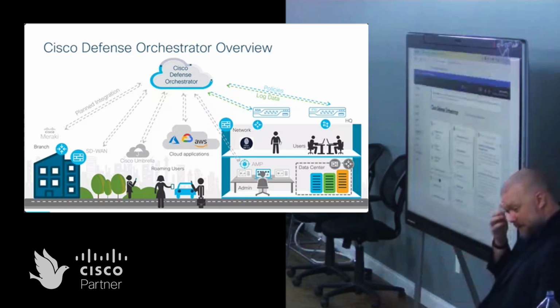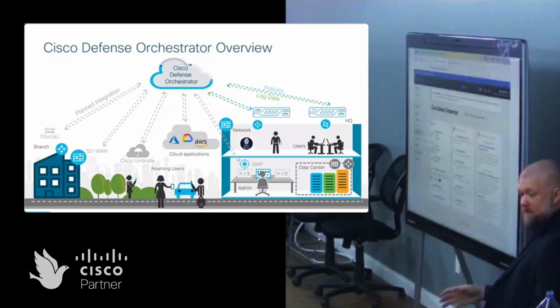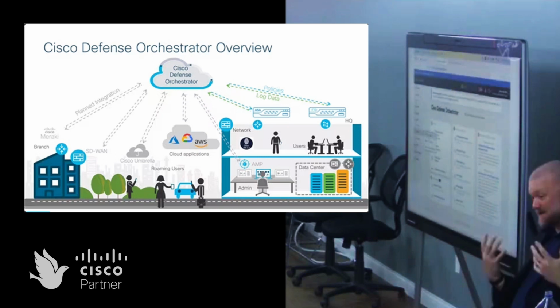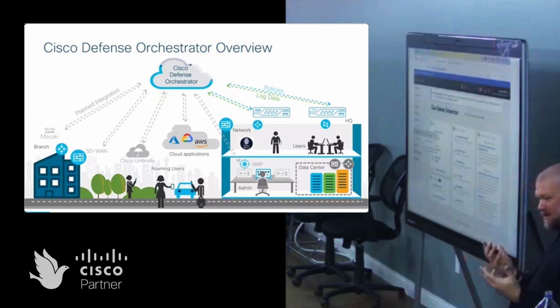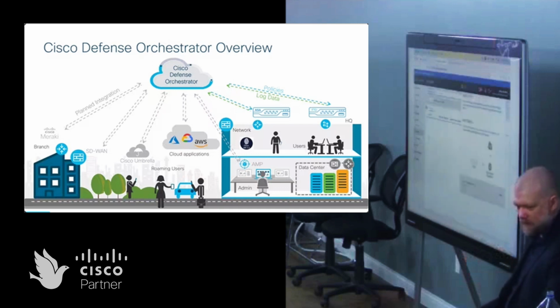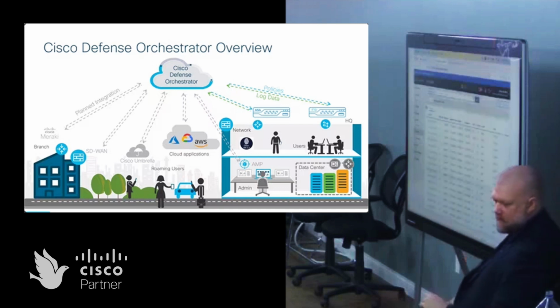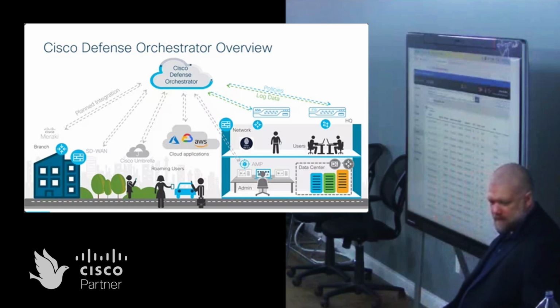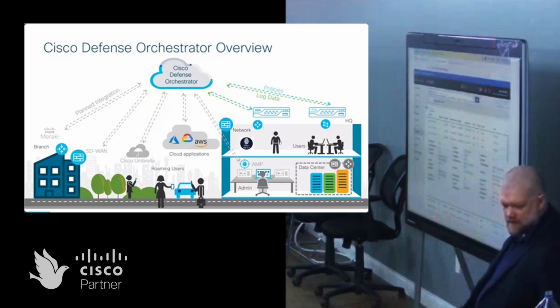So if you exit the FMC and go back to the main CDO platform, we have a unified logging because you can also manage ASAs through here. You can also manage Umbrella firewall policies. Technically, if you wanted to, you can manage Meraki firewall policies if you have Meraki MX. So we have a unified event logging framework down here. I'll dismiss this little pop-up. So you get all the same logs. You can still view all the details of them and things like that, but it's in this separate